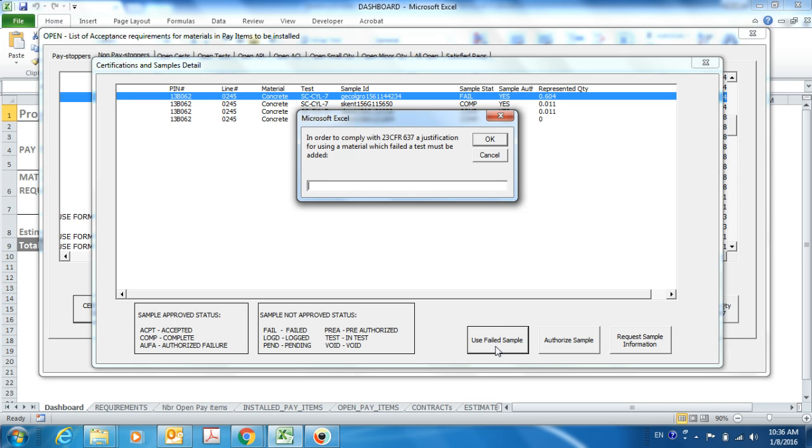So you can say this pay item is, let's say, not critical for structural stability, whatever,